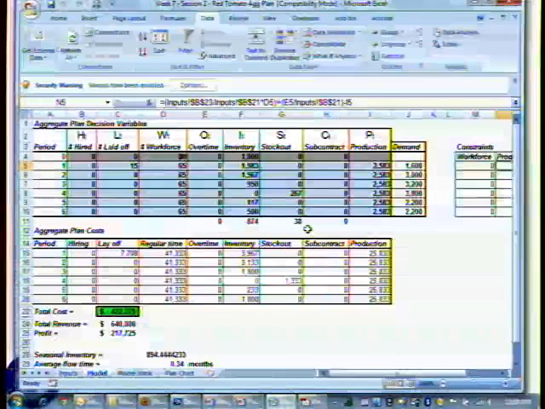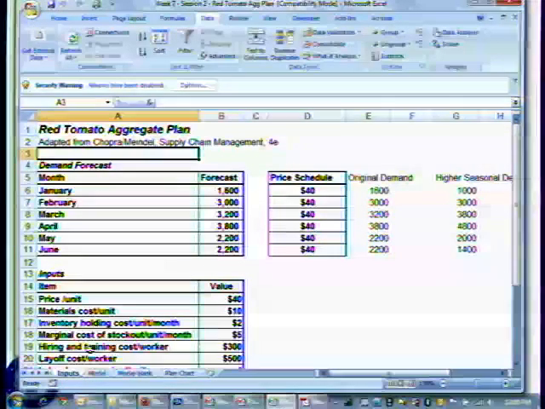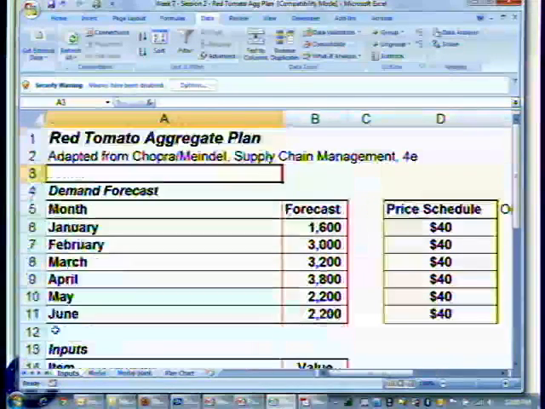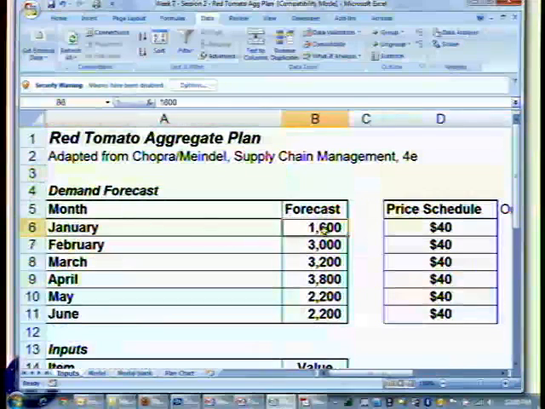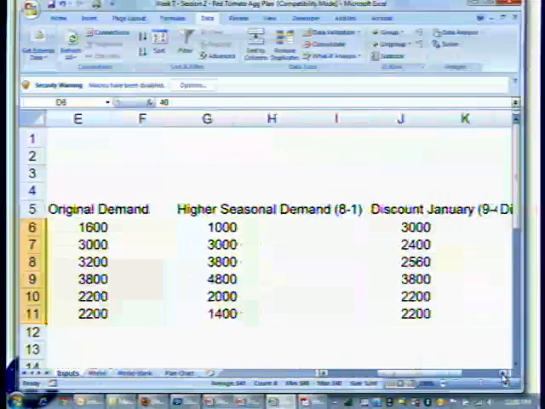Here is the red tomato model. First I want to describe the inputs so you know where those are. Those are on a separate worksheet. And you can see that the first input is the demand forecast, January through June. In this model, you can actually adjust the price if you wish to. And for those students that want to look